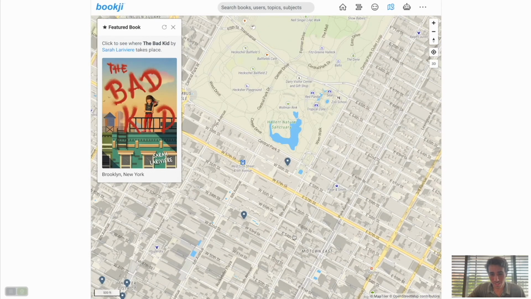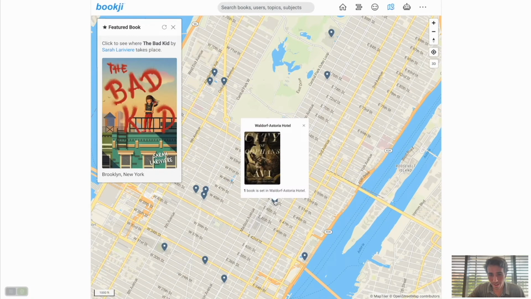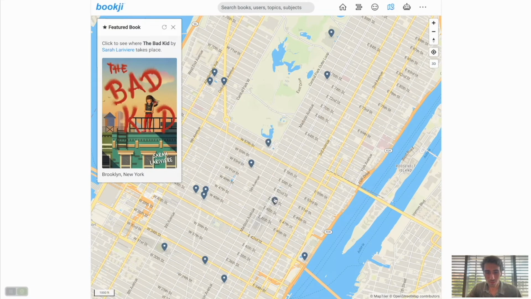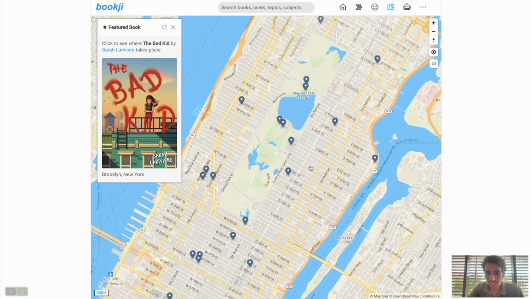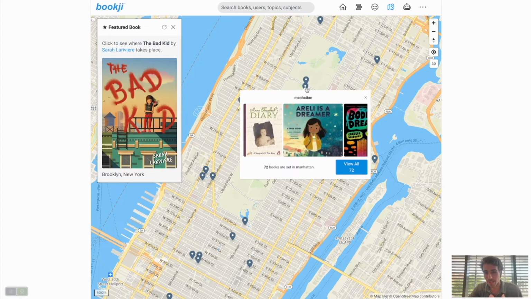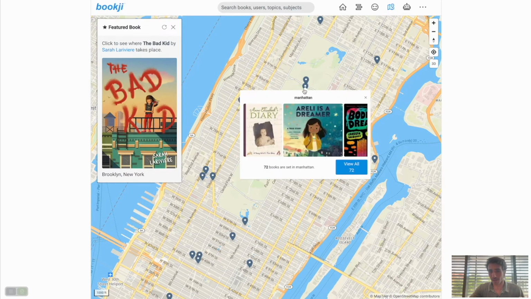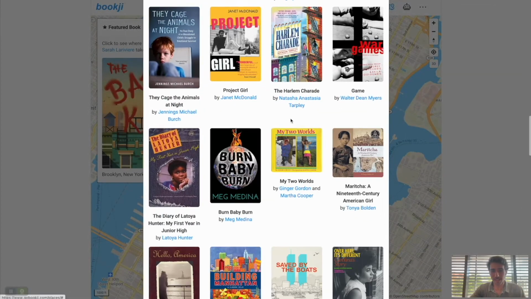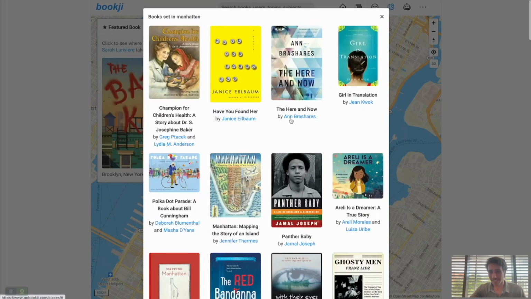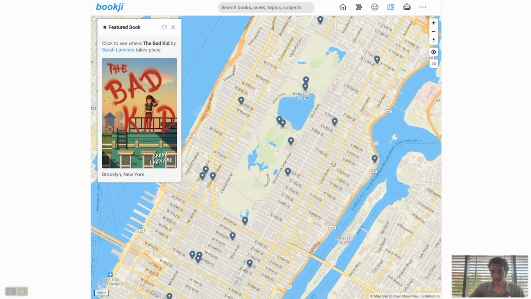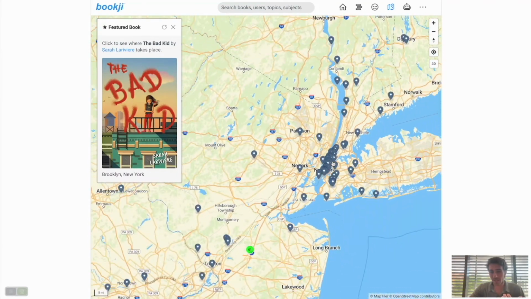There's other books that are set at the MoMA, which is right there, or at the Waldorf Astoria Hotel, or just in Central Park, or in Manhattan. This is called a collection of books, but there's a lot of books that take place in Manhattan. I can click on View All Books, and I'm basically given a list of all these books that take place here. And it's just a really cool way of exploring books from places that you're from,